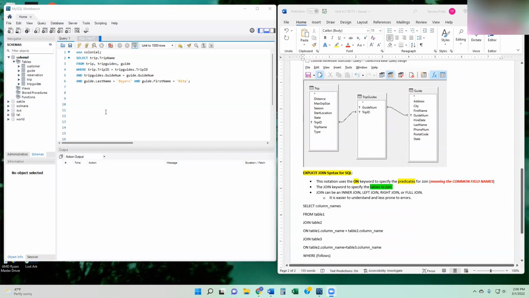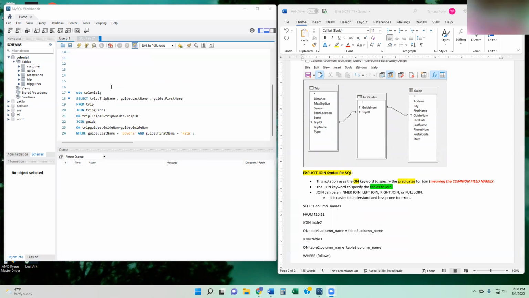This one does not use the where and from form. We actually use the words join and on. So this notation uses the on keyword to specify the predicates, which is again the common field names used to join the three tables together. However, we just start with the first table. We don't list all three tables like the implicit join syntax. We start with just the first table